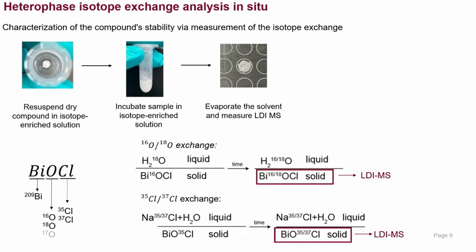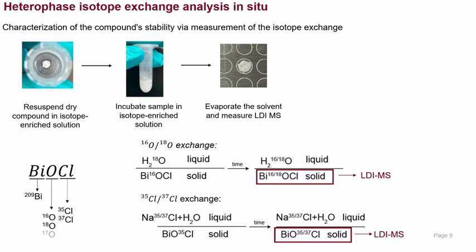In principle, bismuth oxychloride has 3 types of atoms, and because bismuth has only one monoisotopic element, it's impossible to perform an isotope exchange reaction with bismuth. However, there are 2 other options, oxygen and chlorine, and we propose two sets of experiments. The first set is with isotope exchange of oxygen,